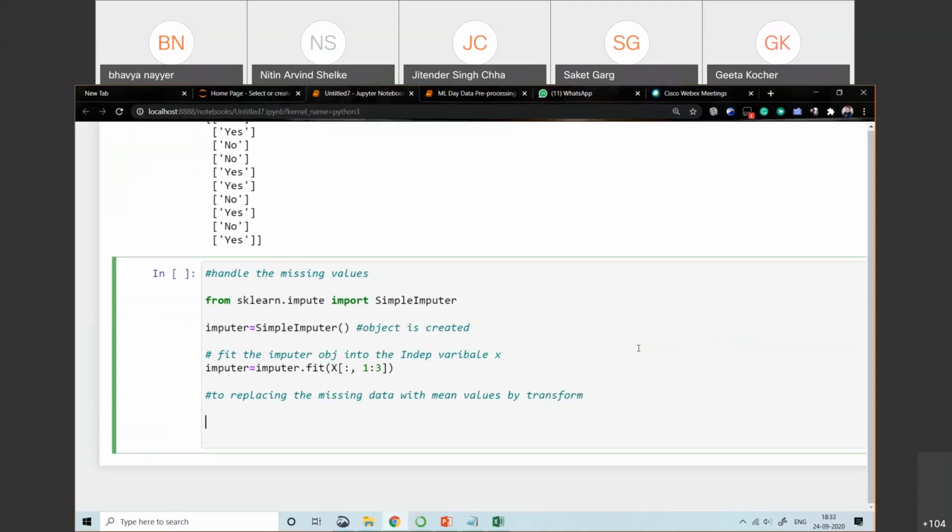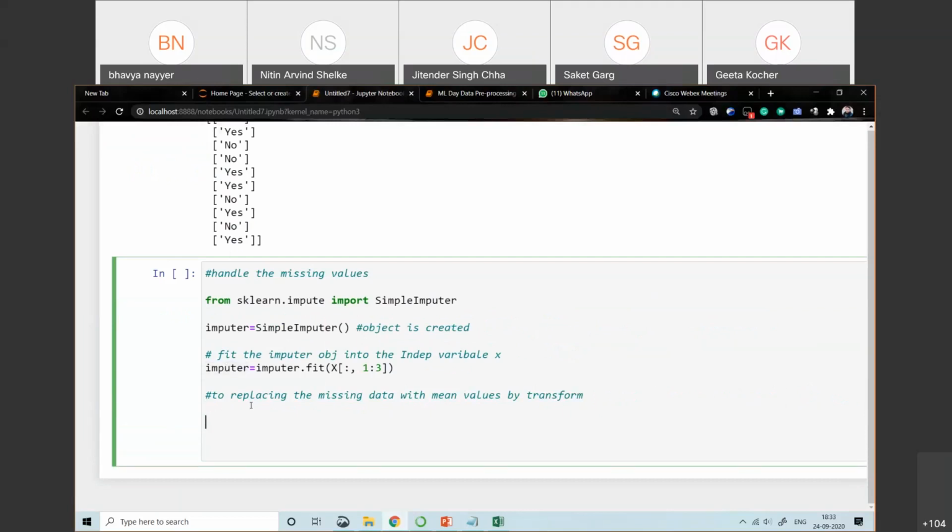We use the dot transform method for that. So imputer dot transform, and again we need to pass the same 1:3.